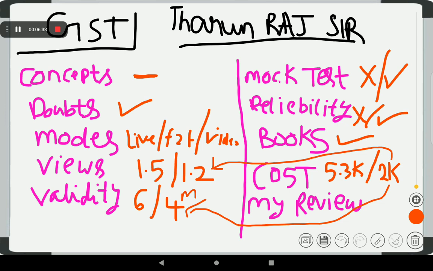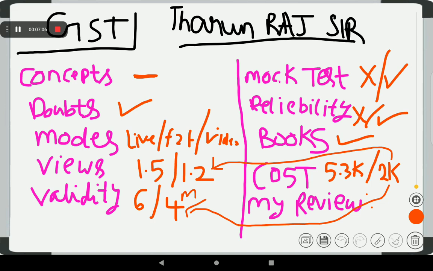So after some time I discontinued the sir's resources, and then I used other resources so that I can clear the exams. So my review is you can choose other faculties as well. And if you are very much interested in sir's way of teaching, then you can definitely go for it, and just see whether the concepts are clearing for you or not. And don't just go for the classes as it is because your seniors have said, your friends have said. First, you decide by seeing demo lectures whether it is proper for you or not.